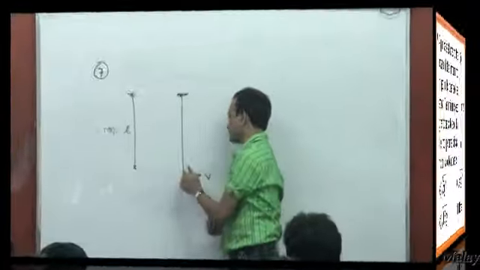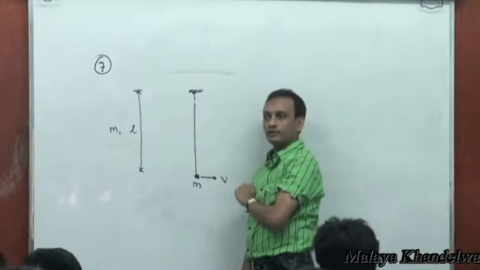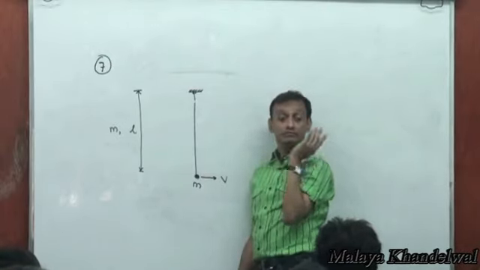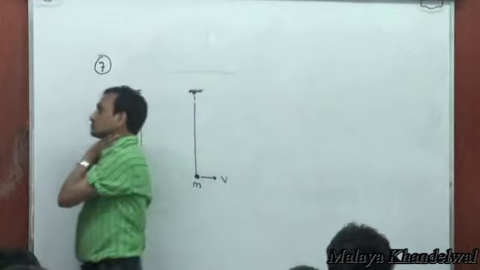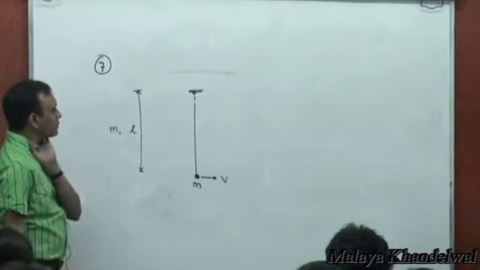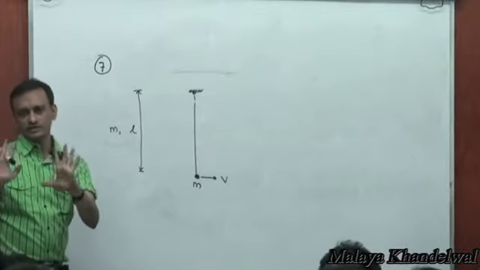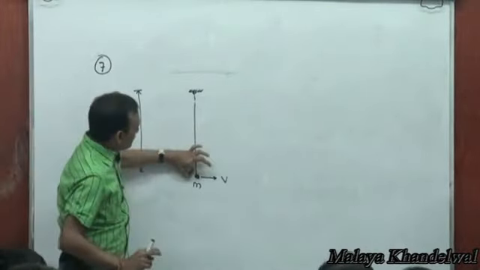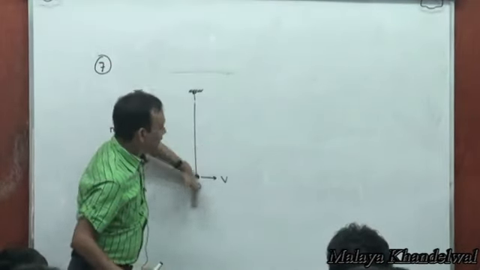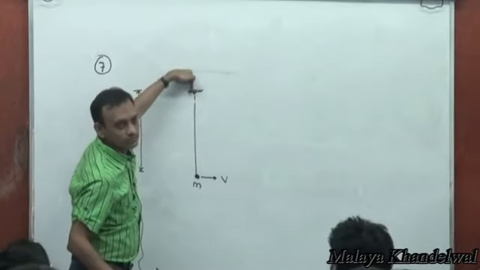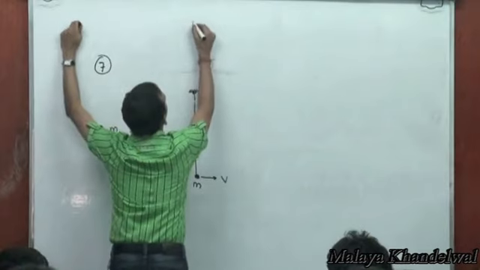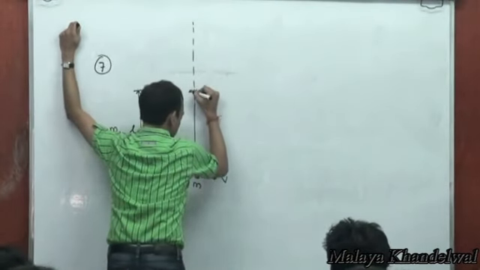If it was a thread, what was the minimum velocity required? Root 5 g. That's not a thread, it's a rod. It's not going to be root 5 g anymore. Let's understand why. But again, basic physics. If you impart it a small velocity, then it will only oscillate about the hinge. But if you can impart it a good enough velocity so that it becomes vertical, it just about becomes vertical,